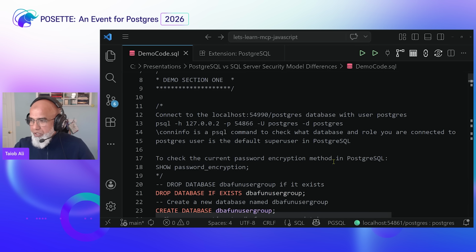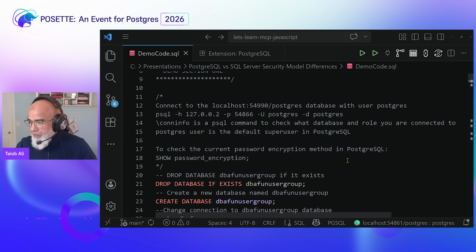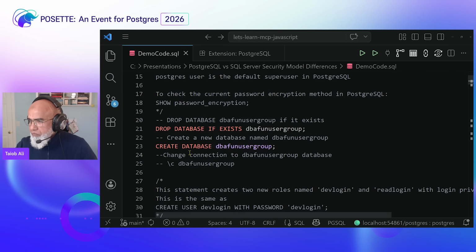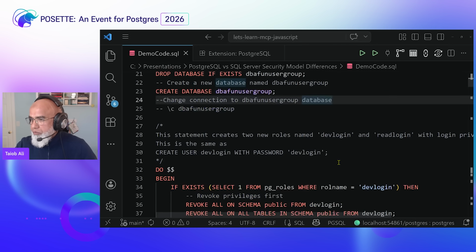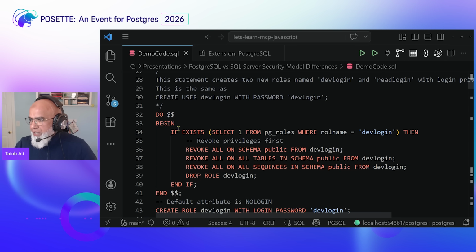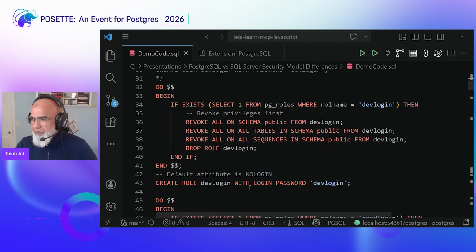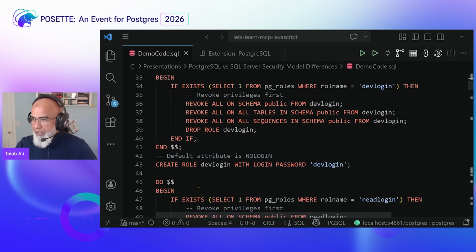So let's try to walk through this pretty quickly, and give you some ideas of what I want to show you. I'm just creating a test database here, just an empty database. Let me go one more up, just to make sure you can see it well. Some of this code might look complex, but it is here so I can run this over and over if I need to for demo purposes, just clearing out some stuff.